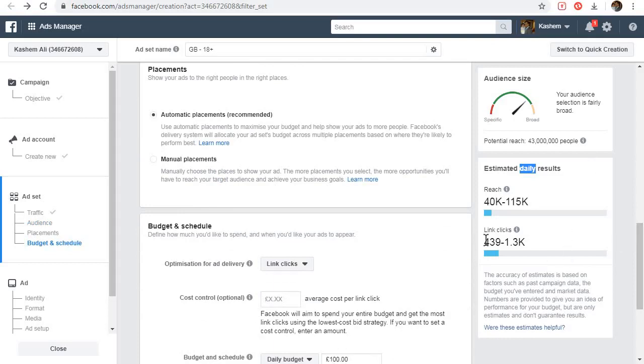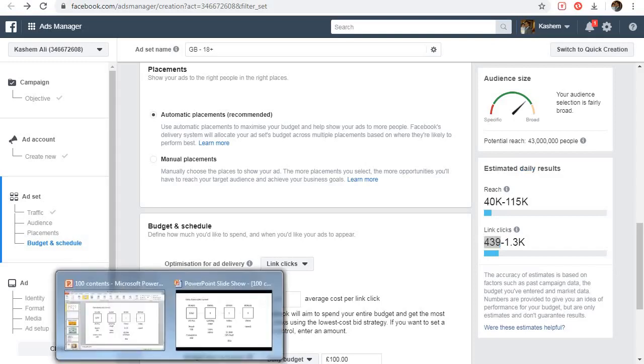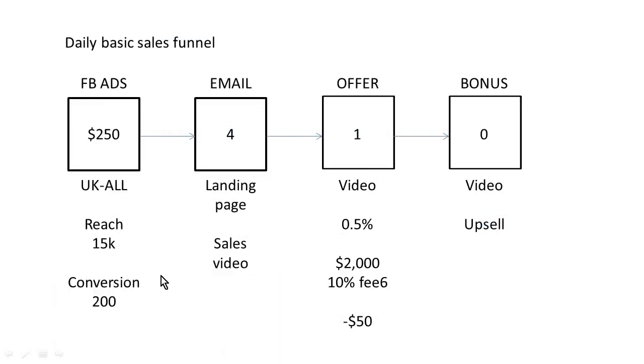So if we be conservative and say 200 people will click the link daily, and I come back to the presentation, on average, according to the most successful influencers out there, $20 million plus, I would need to spend at least $250.